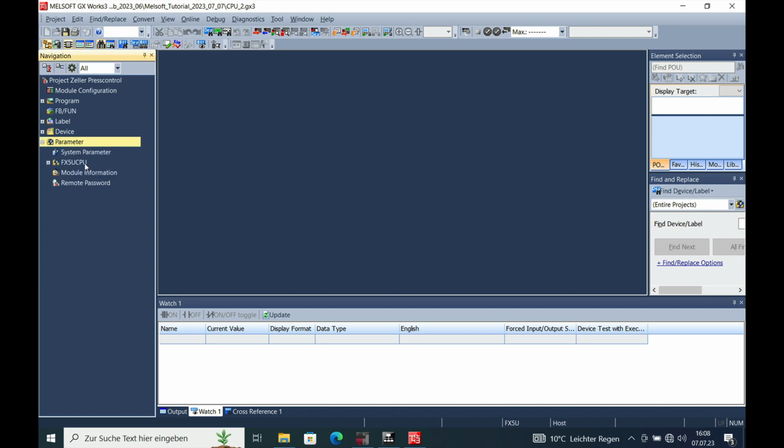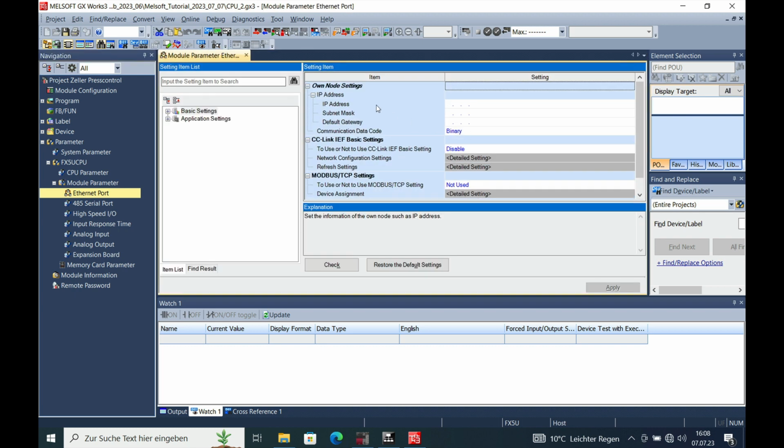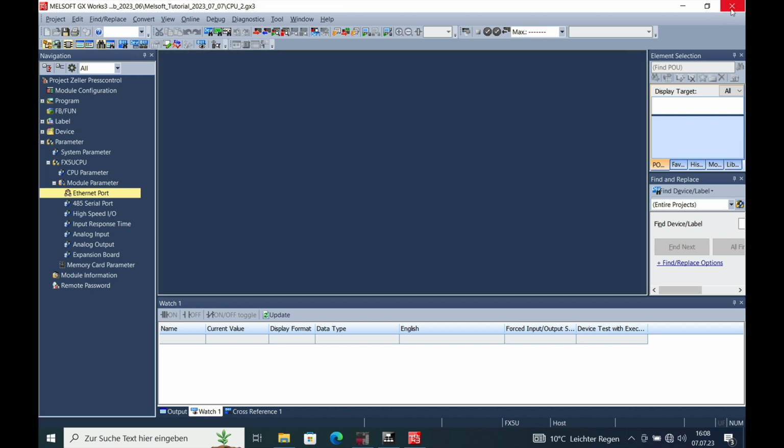And as you can see, there is no parameter set up in the network parameters. That's empty right now. So in order to set this up, we're just going to save the program, close it,